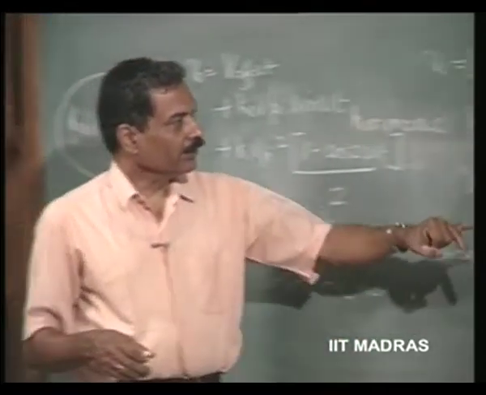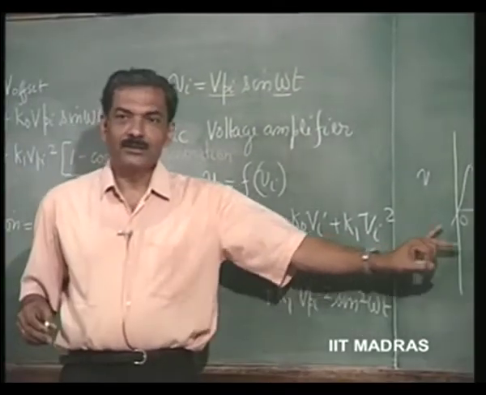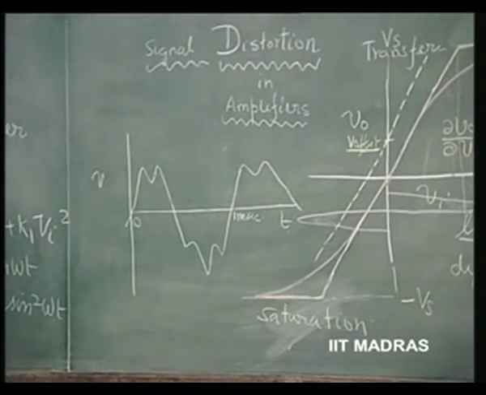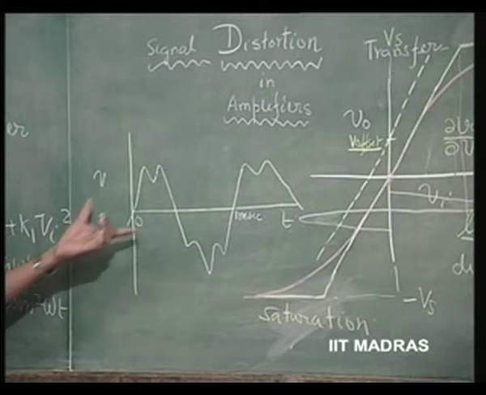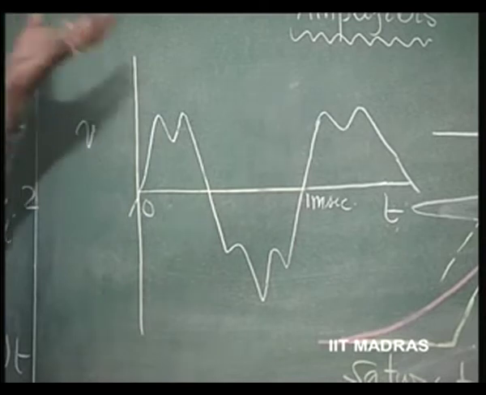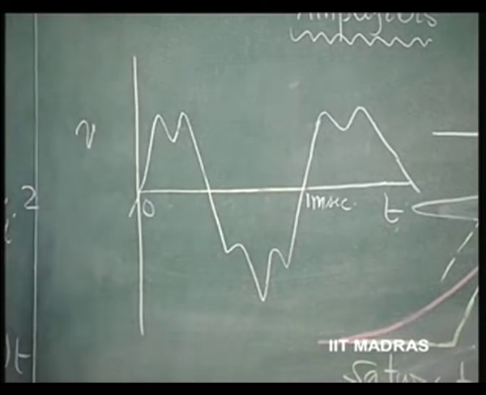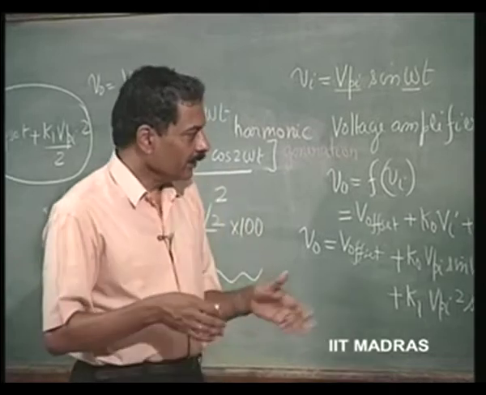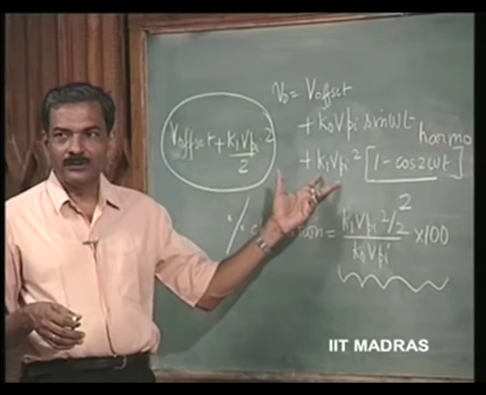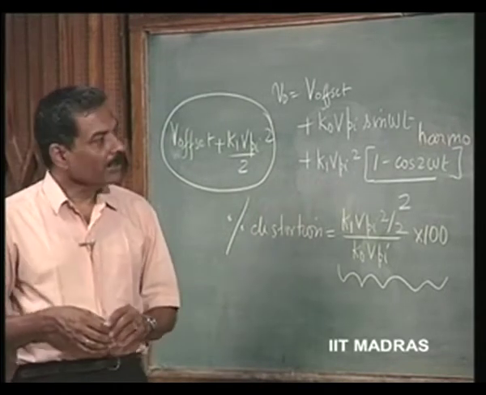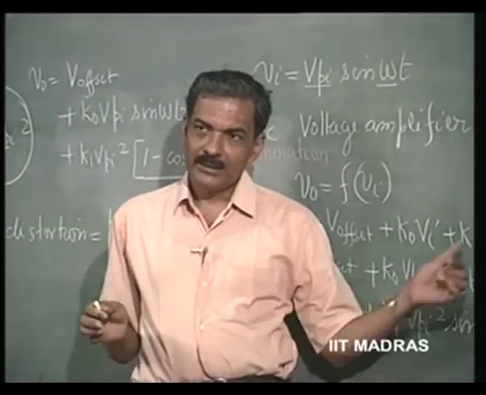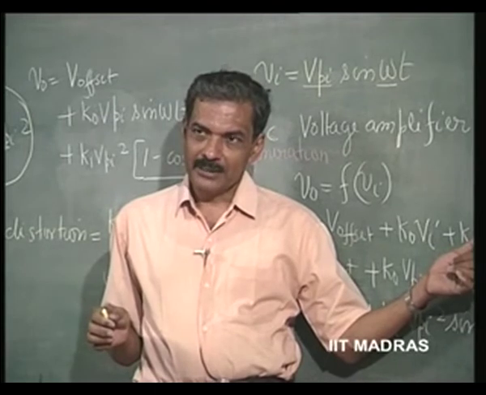This may be due to second harmonic here, but it may have K2 Vi cubed, that does not matter. Even K2 Vi cubed can be giving you certain amount of distortion. Then K3 Vi to the power 4. All these things will cause certain amount of distortion, and all these distortions can be fairly easily measured by seeing the amount of offset shift. Predominantly, when we go to FET like structures, we have seen that it is a square law nonlinearity,